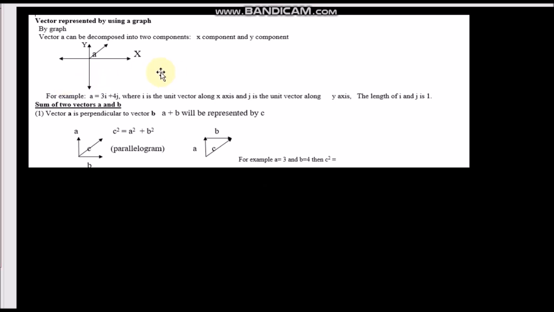A vector in general is represented by a graph. A vector can be decomposed into two components, x and y components. In your mathematics, you already know about the x and y axis. This is the x-axis and this is the y-axis, the vertical. For example, this vector A